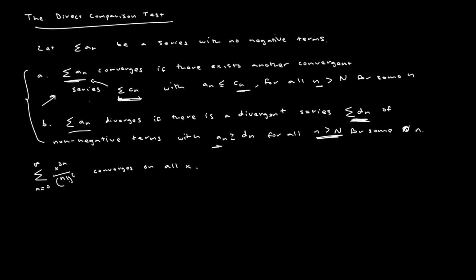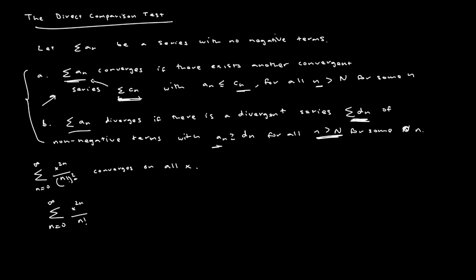And if we want to prove that this converges, we must have a function or a series that takes on larger values eventually, and that series should converge on all x. And so one series that you might think of is the sum from n equals 0 to infinity of x to the power of 2n divided by n factorial. So all I did was remove the squared term of the n factorial, and over here the denominator is not squared. And what that implies is